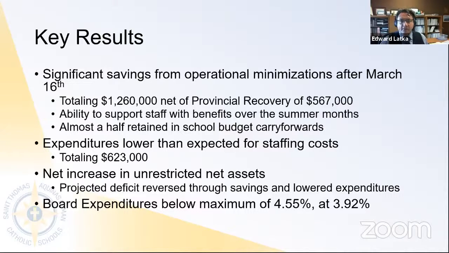In terms of our operations with regard to board expenditures, the board expenditures have a cap for last year of 4.55% of our total expenses for the division. At the end of last year, our actual expenditures for system administration and board governance came in at 3.92%. Now, a number of those resources are diverted to support instruction, facilities, or transportation, but the board is keeping a very, very tight fiscal policy with regards to their operations, as well as operations of our central office.